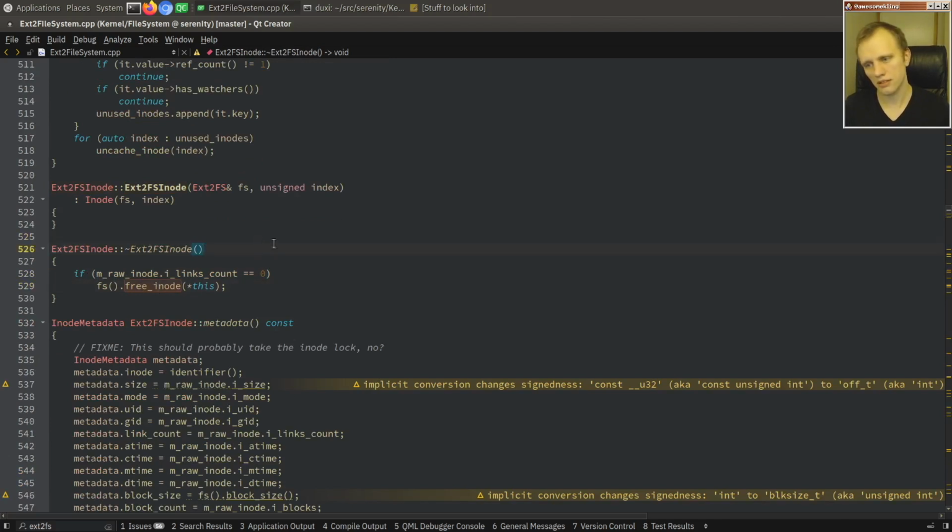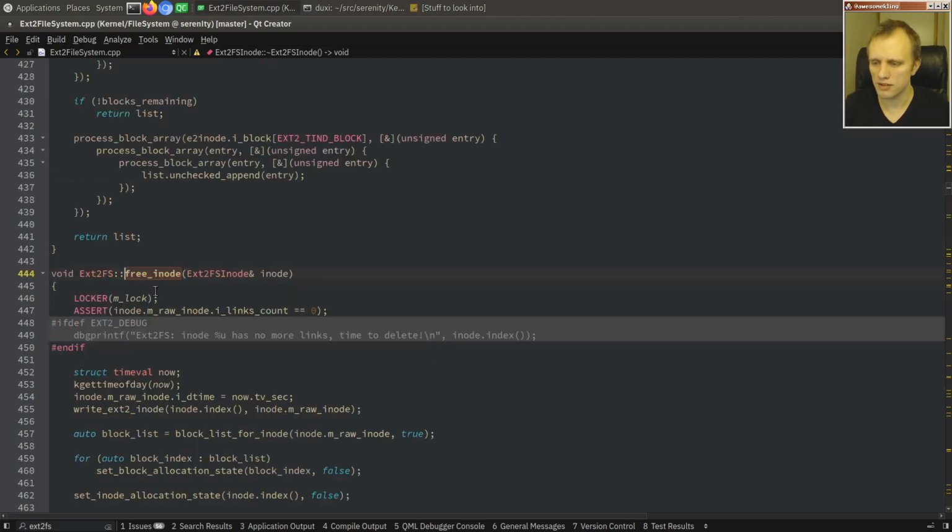Notice that an inode object in the kernel can get destroyed with a non-zero link count, and then it will just not do anything. But if the link count reaches 0 when we uncache this object in the kernel, because there are no more references in the file system and no more references in the kernel, then we can free the inode from the file system,